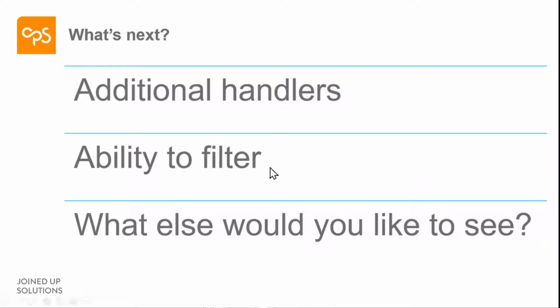I'd like to put a bit more ability to add a simple filter, so get it to filter out all the default content types and all the default list templates and things like that. So if you just wanted to extract out what's new to things, then it would be easy to do that. Most importantly, I'd love you all to give it a try and let me know what else you would like